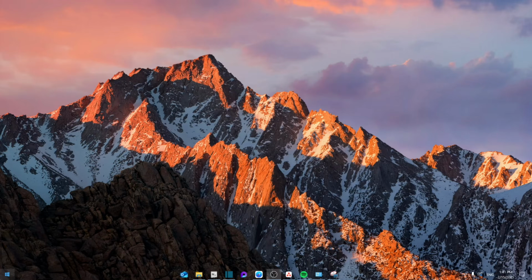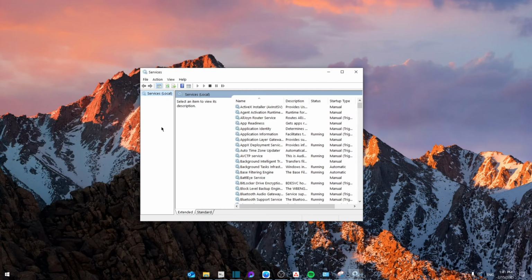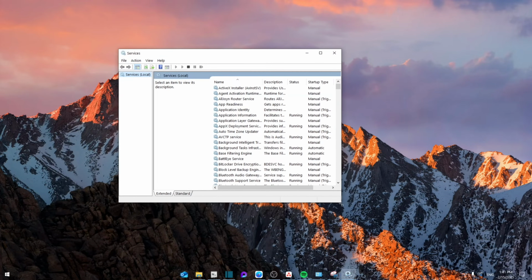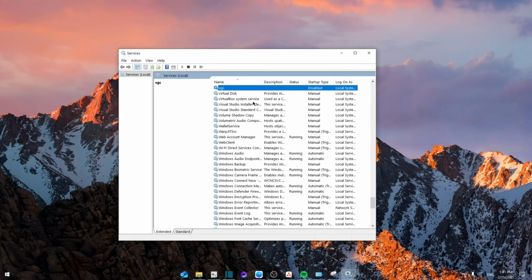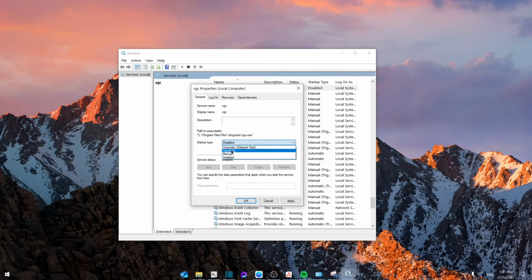Now we're going to close this and we're going to search for services. And then from here, you have this list and you're going to search for VGC. So click on V. And as you can see, VGC right here. Go to properties, switch it to automatic, and then click on start and then apply and then OK. And that will take a bit of time, but once it finishes, restart the computer and hopefully that solved your